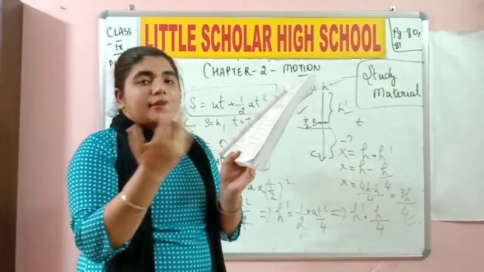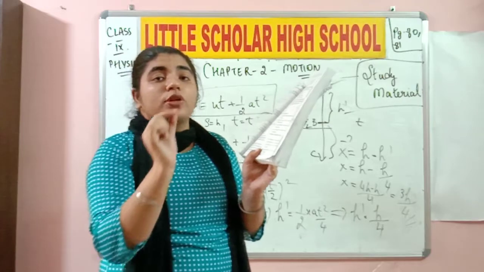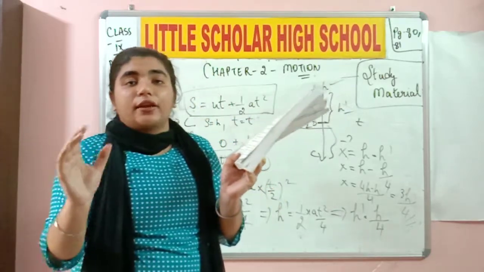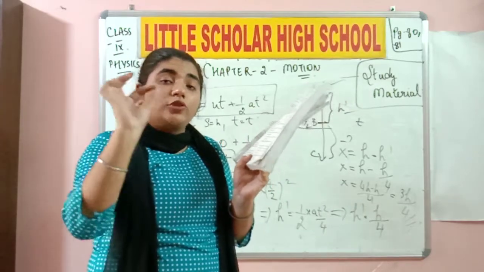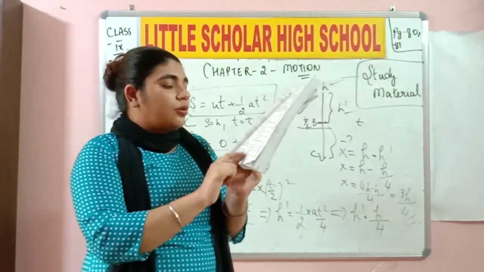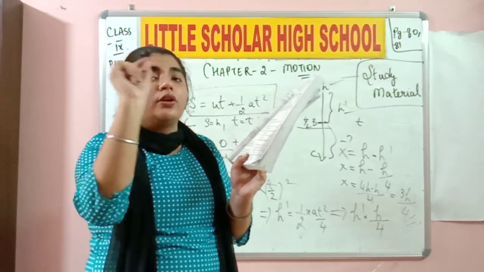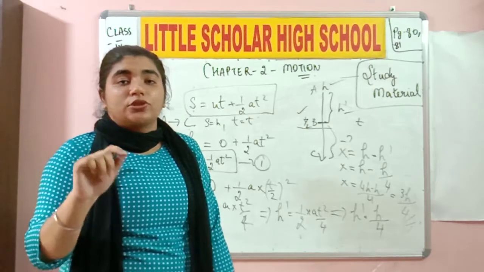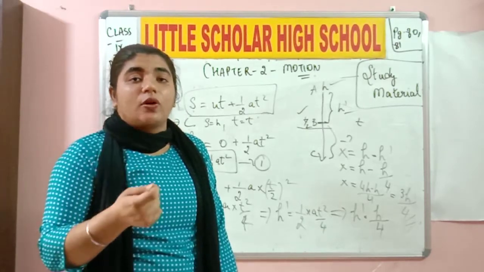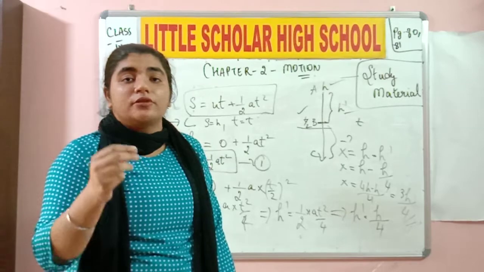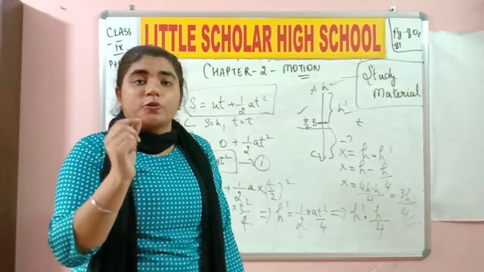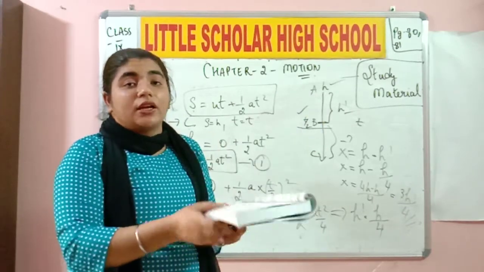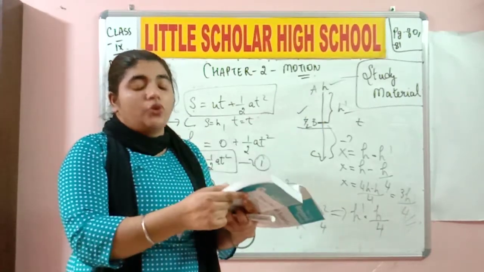If A, that is acceleration, is 0, from t is equal to 0 to t is equal to 10 seconds, from the 0th second to the 10th second, if the acceleration is 0, the speed of the body is also 0. Okay, so right there speed is 0. Cut the word non, and the correct option for 17th one is C. What do you mean by acceleration? Change in velocity. If the change in velocity is 0 in a time limit, this means the body did not catch up any speed. So speed is going to be 0. Do you understand the logic over here? 17th one is going to be C. Correct the option, cut the word non.